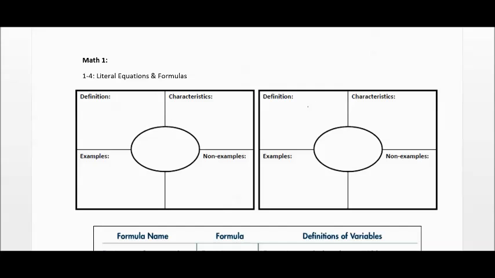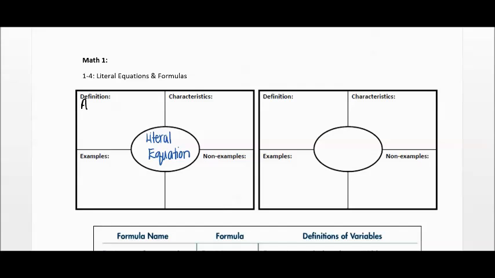cards, I guess. To fill them out, we put the word in the middle. So in the middle, we're going to write literal equation. And there are 4 parts, as you can see: a definition, characteristics, examples, and non-examples. So a literal equation, let's define it,